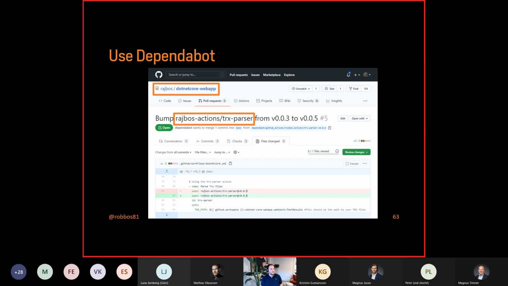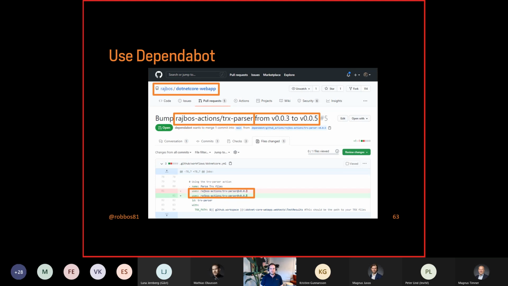It will create a pull request for you that says, hey, I found an action, in this case from my action organization, and we want to bump the version from 0.3 to 0.5. You can see the incoming changes, but of course, in my repository, that's only the line where I specified the number. In the conversation tab, you'll even see release notes from the action publisher if they added release notes to the new release. This also works for the SHA hash that you have in your workflow file.